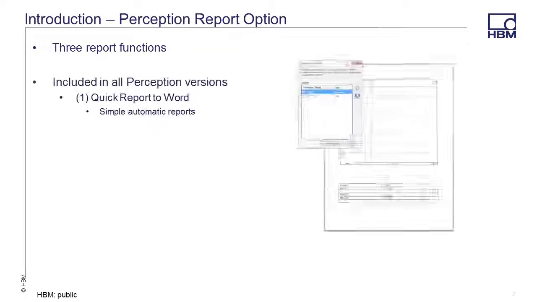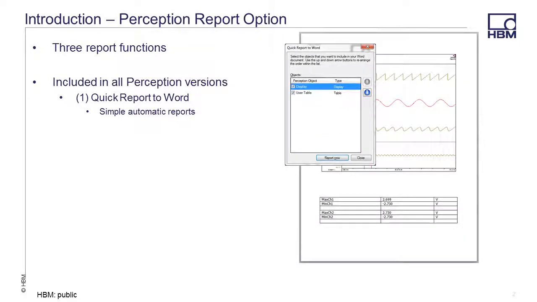Perception offers three report functions. All Perception versions include a standard quick report to Word function, providing simple automatic reports. Now there are two additional report functions available if the report option is purchased, meaning it's enabled on your Perception